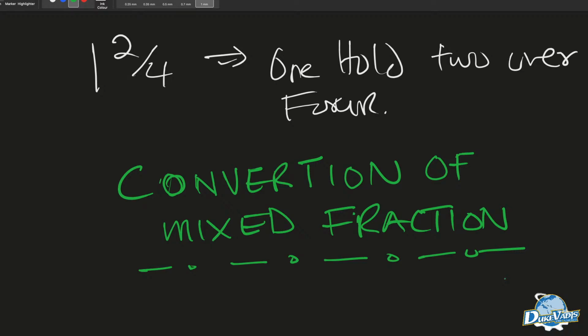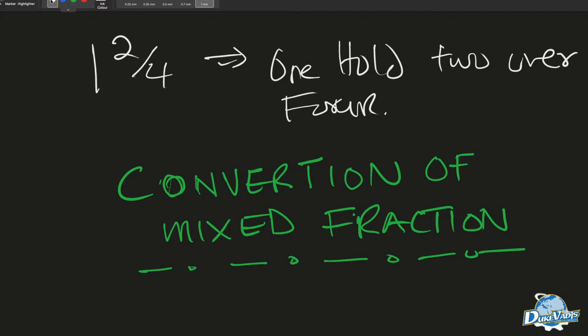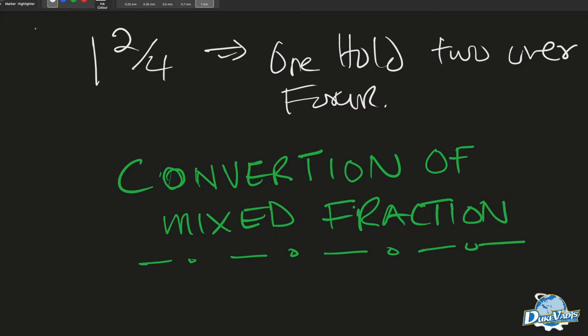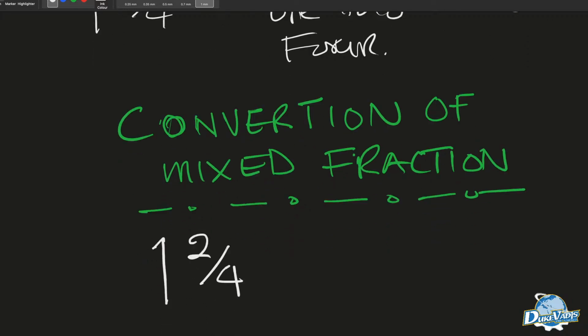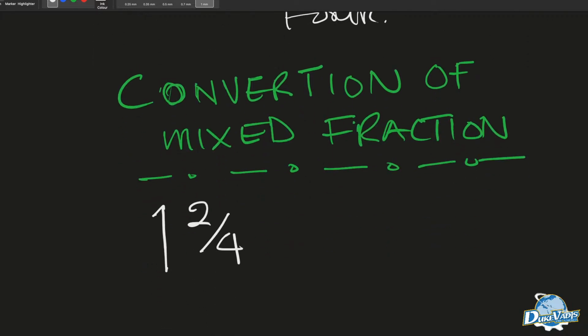So now look at it. Let's take, for instance, as we have one whole number, 2 over 4. So look at it, 1 whole number, 2 over 4 is our mixed fraction. For us to be able to change it into a whole fraction, this is how we're going to do it. You say 1 times 4, plus 2,